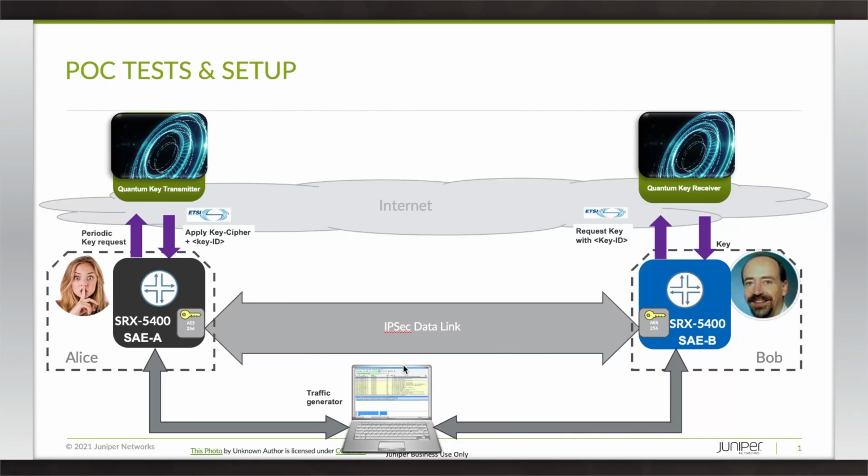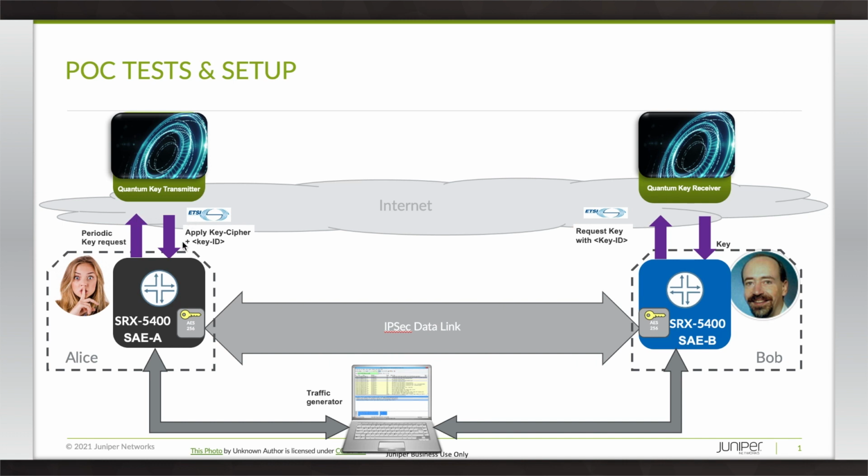This is a demo of a quantum safe IPsec solution which is implemented as part of a proof of concept. So this is the setup topology. Here we use two SRX 5K devices at both Alice and Bob's side. We have a QKD out-of-band network. So there is a quantum key transmitter, a quantum key receiver, and a channel with which it generates a shared secret. So at Alice's side, we request a key with the help of an HTTPS request,